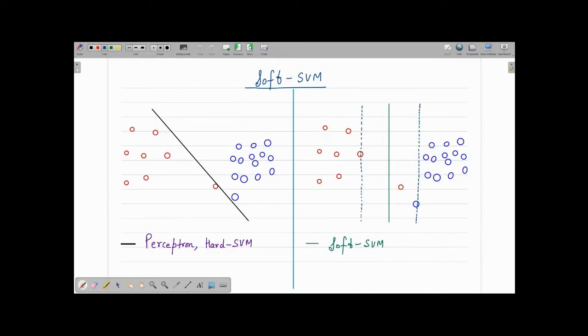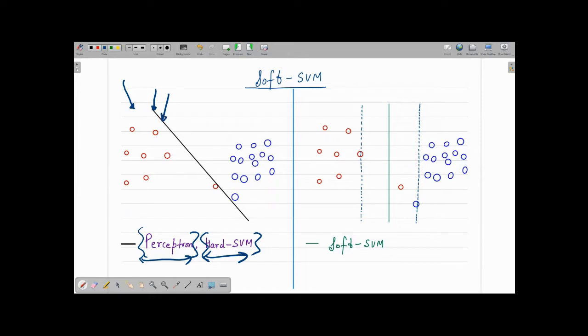But now suppose you have something like this. Here we have this data set. You can see you have blue data points and some red data points on this side. If I ask you to separate this particular data set using Perceptron and using hard SVM, what will your algorithm result in? It will give you this decision boundary. Both these algorithms, hard SVM as well as Perceptron, will give you the same